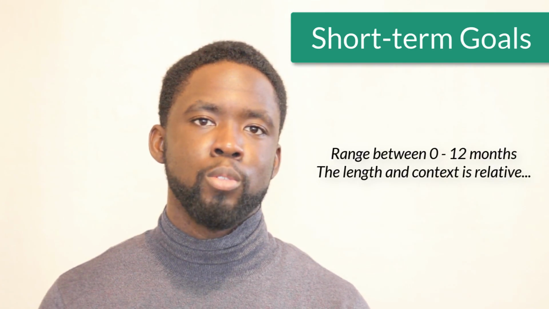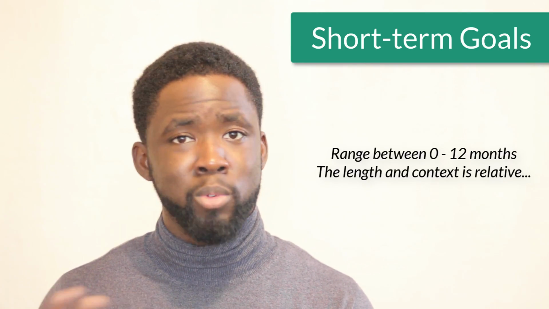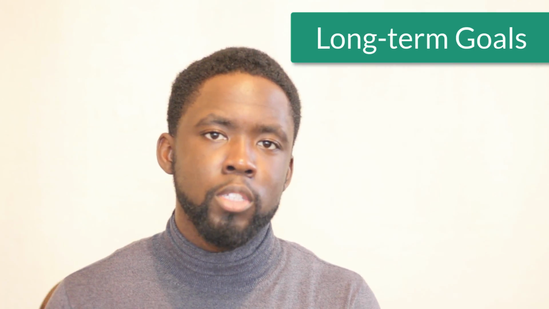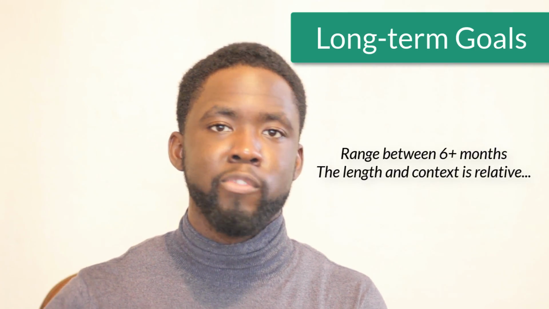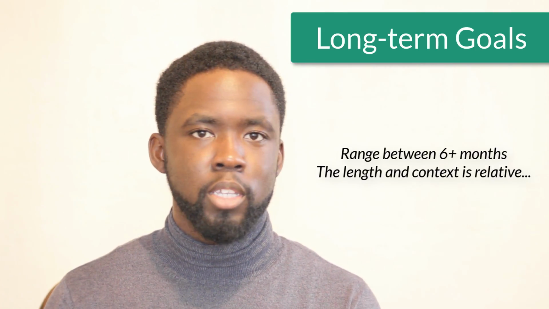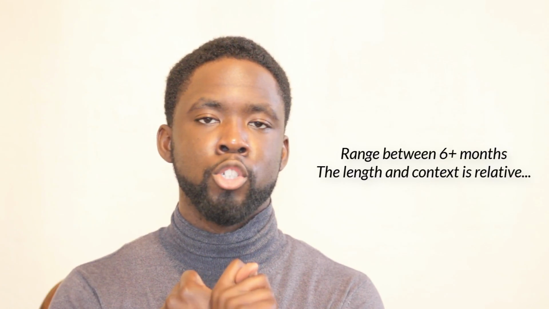Now, when thinking about priorities, the best thing to do is to create a long list of things that you need to do. And you're most likely going to break it up into short-term goals and long-term goals. Short-term goals may be things that you need to do between now and within 3 months or even 6 months, depending on how you see it. And long-term goals are anything from 6 months plus, things like applying for different jobs or academia, or maybe a business goal that you're trying to achieve.